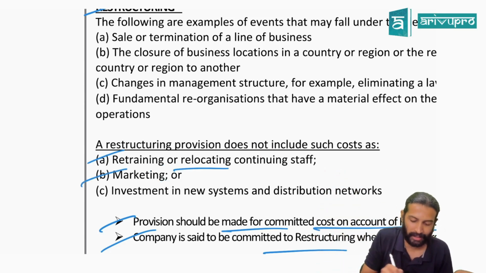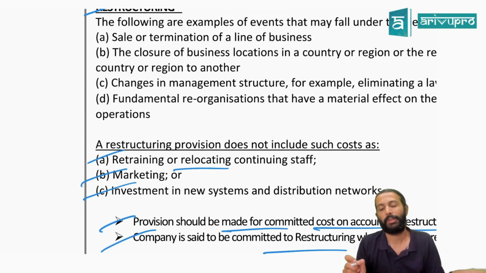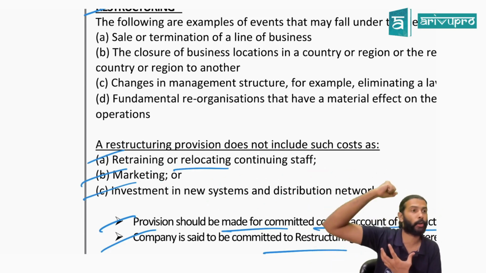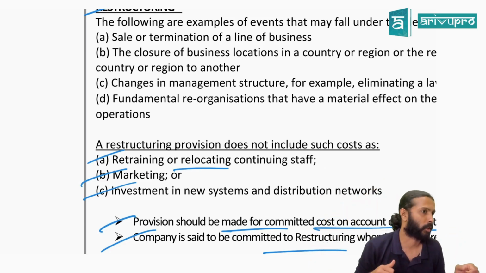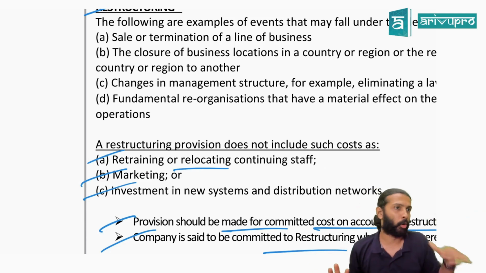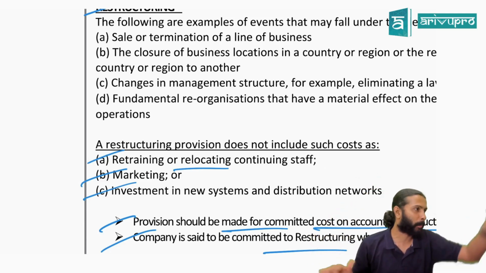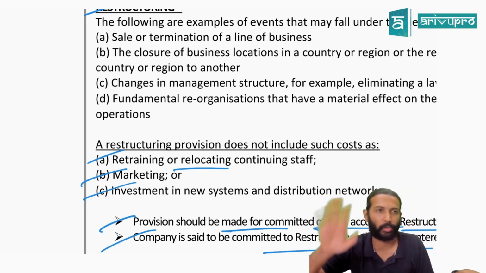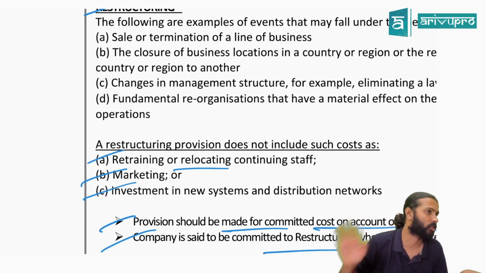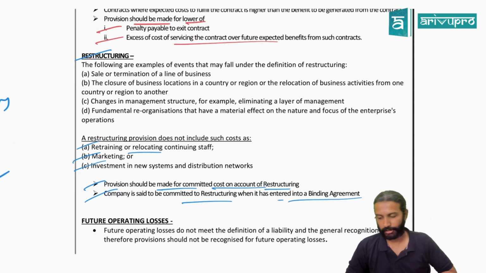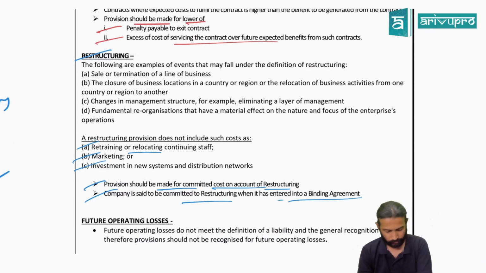And if there's any marketing cost or investment in a new system, for this, do not make a provision. Like Air India decides, I'm going to buy 100 new aircrafts because of restructuring. Fair enough, they want to expand and buy 100 more aircrafts for 10,000 crore rupees. Can they make a provision for 10,000 crores? So for new investments, please don't make a restructuring provision. Overriding exemptions are given and called out. Is it okay? That's all about restructuring, sir. Any doubt or confusion with this?